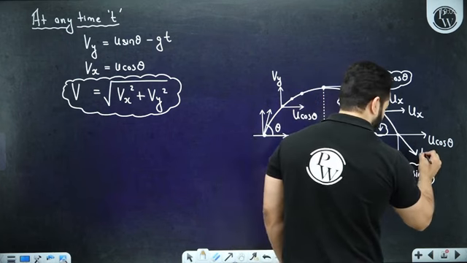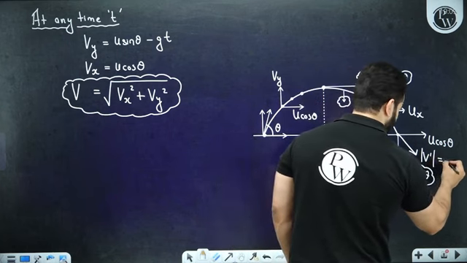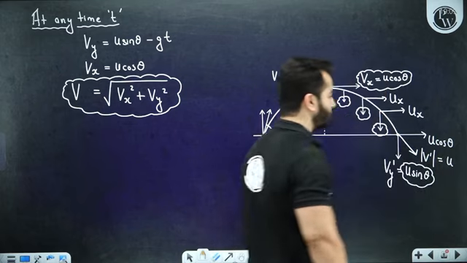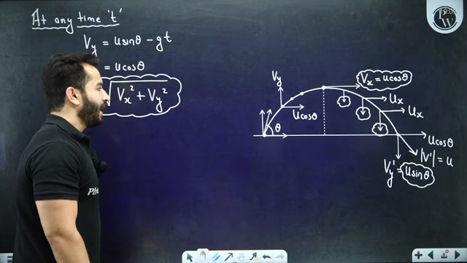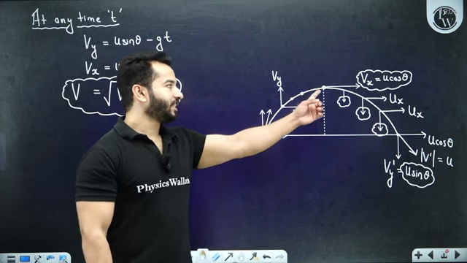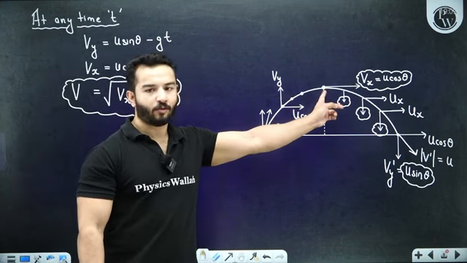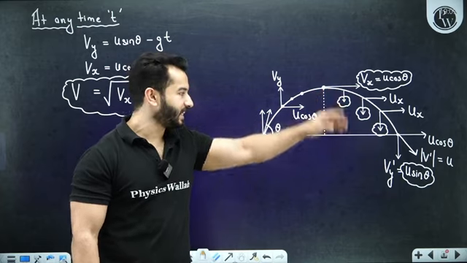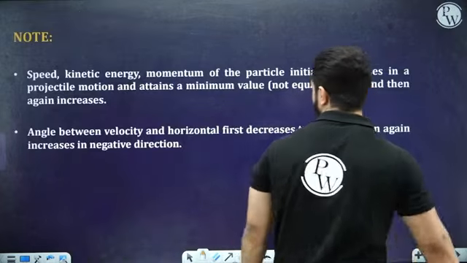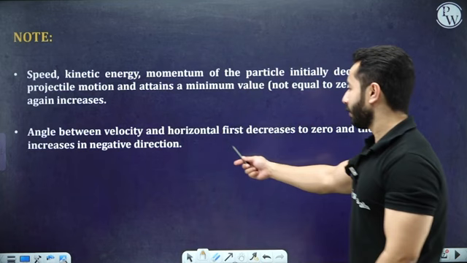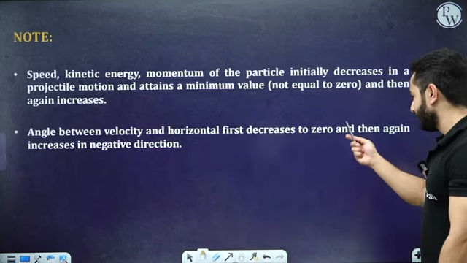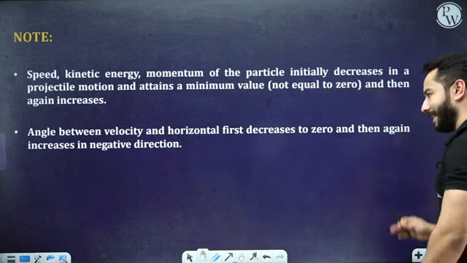We are going to talk about this v dash. It will be again the same as u, right? And so will be the kinetic energy, but it will not be 0. Momentum will also not be 0. It will decrease till the maximum height. Hopefully everything is clear. The angle between the velocity and horizontal first decreases to 0, then it increases again